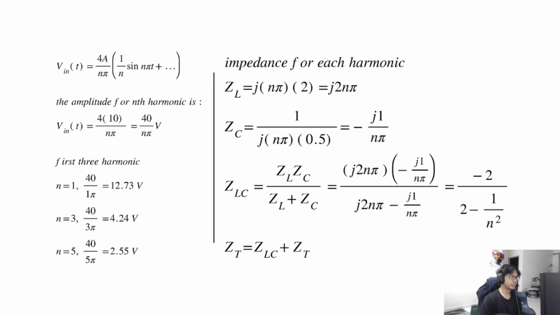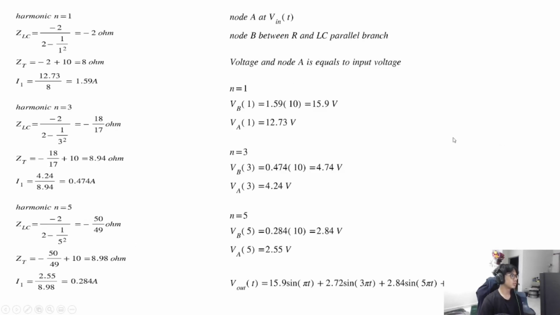And for the ZLC, we get negative 2 over 2 minus 1 over n squared. And Z total is equal to ZLC plus ZR. So for the harmonic n equal to 1, we got ZLC is equal to negative 2 ohm, ZT equal to 8 ohm, and I get